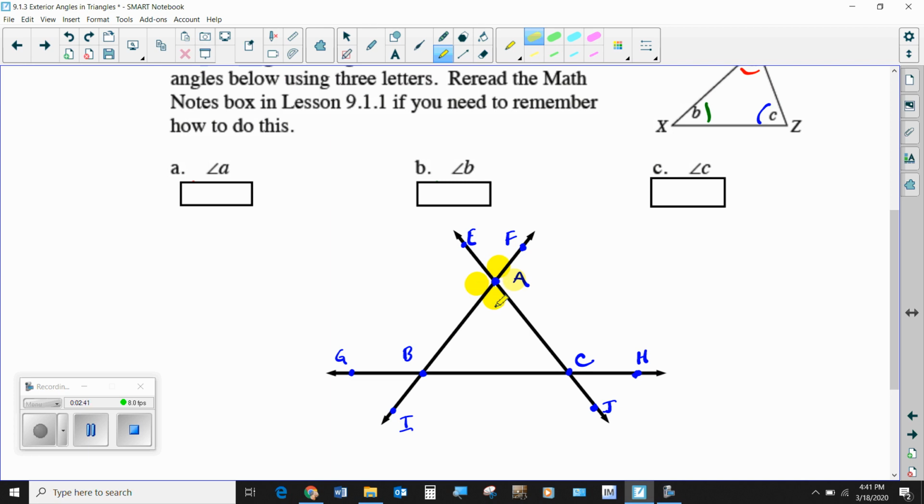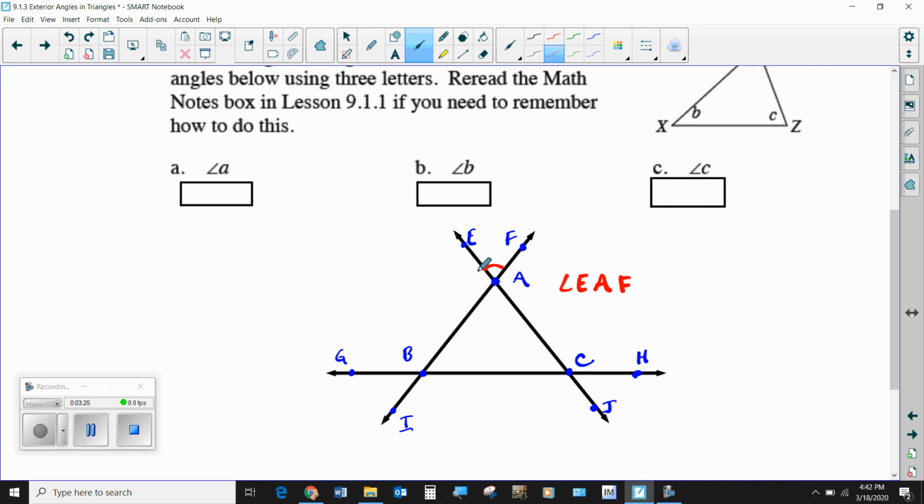Is it that one? Is it that one? Is it that one? Or is it this one? Just identifying the point doesn't do it. So there is a process that we use when we are trying to name an angle, where we use three letters instead of one. Let me show you how we would do this. If I take angle A and I wanted to choose, say, this angle right here, this angle is made up technically of this ray and this ray, where A is the vertex of that angle. So we're going to have A be in the middle of it. And then this ray goes through point E, and this ray goes through point F. So we're going to put those two points on either side of our vertex,